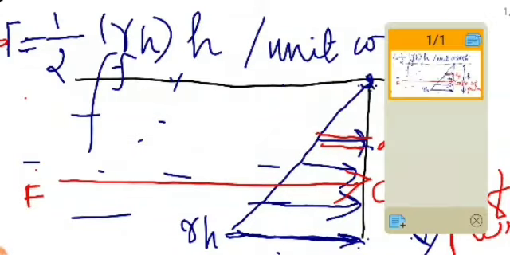So where this total force acts, I will just show you that. Any force gamma y at a strip, we have taken a strip. I think you are remembering that. That strip, force acting on that strip was gamma y, and area of that strip was B dy. So it is acting where? At a distance y from top.